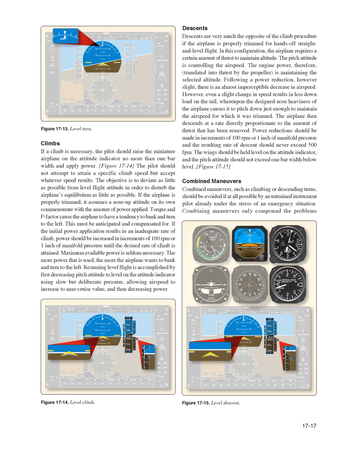Power reductions should be made in increments of 100 revolutions per minute or 1 inch of manifold pressure, and the resulting rate of descent should never exceed 500 fpm. The wings should be held level on the attitude indicator, and the pitch attitude should not exceed 1 bar width below level. Figure 17-15. Combined maneuvers, such as climbing or descending turns, should be avoided if at all possible by